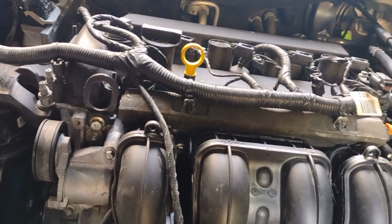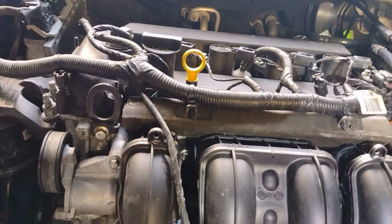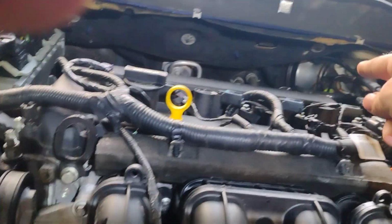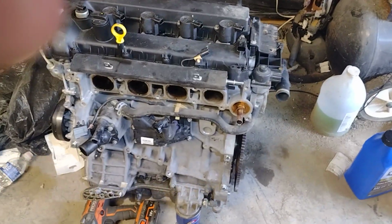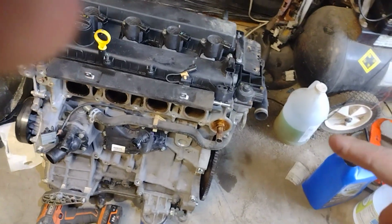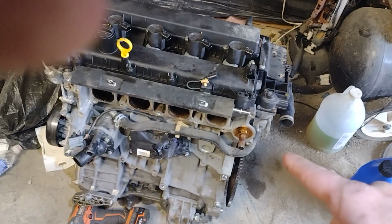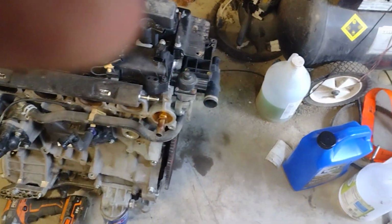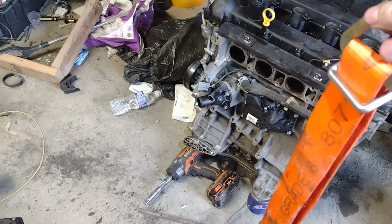But there is one more thing that I have to mention, because if you try to put it in with these hooks, there's 2 hooks on these newer motors. On this 14 engine, there's no hooks. But if you try to get this engine in on those hooks, you will fail. I actually had to use my strap here. That's another thing you need. You have to get a strap like this,